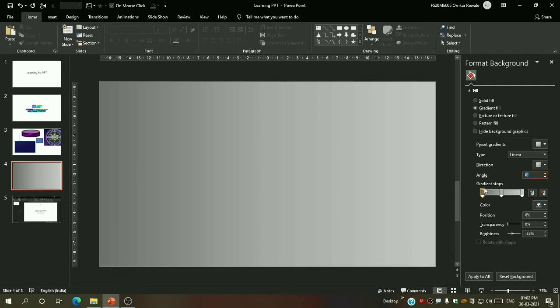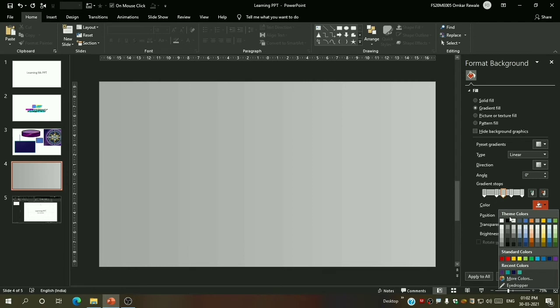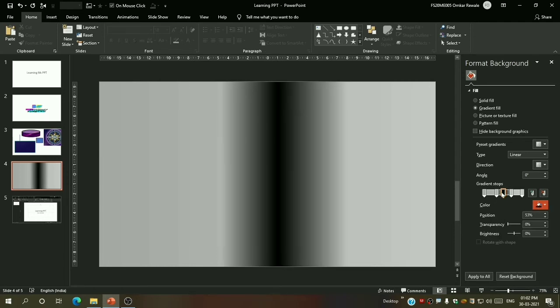Then you have gradient stops, these are something important. From here you can increase or decrease the gradient fill. Now if I want to add some more gradient stops, then I can just click on the bar, you can see. And then I want to change this color, then go in color, let me take black, you can see black.